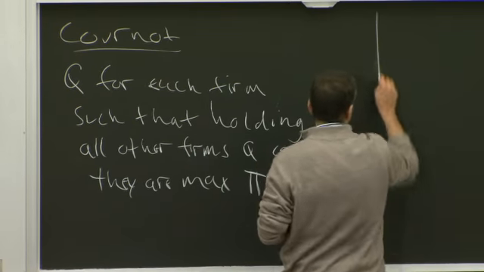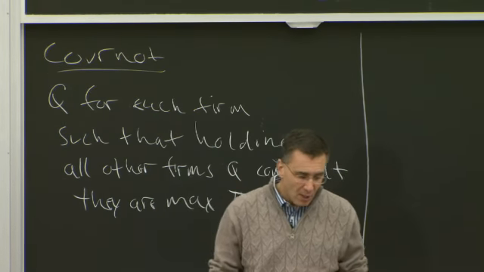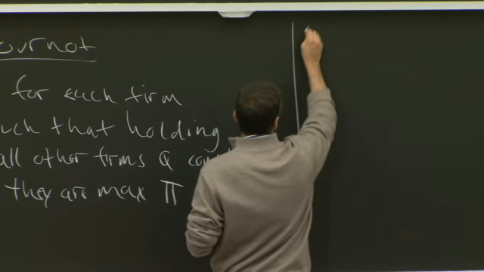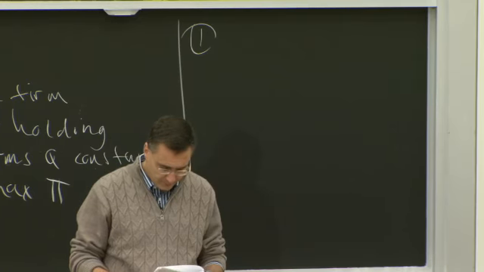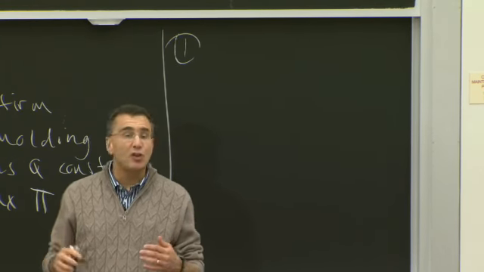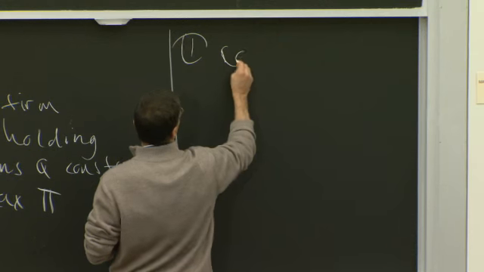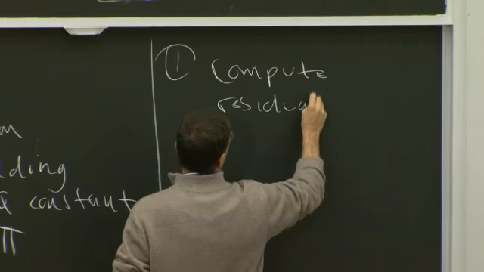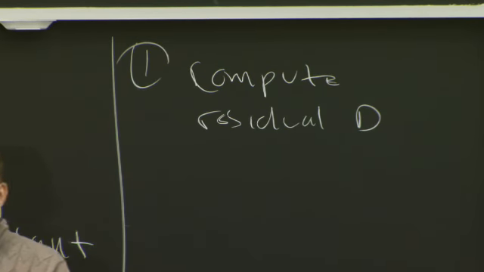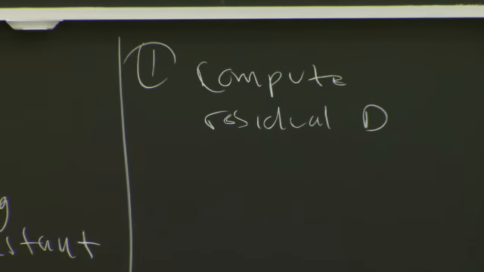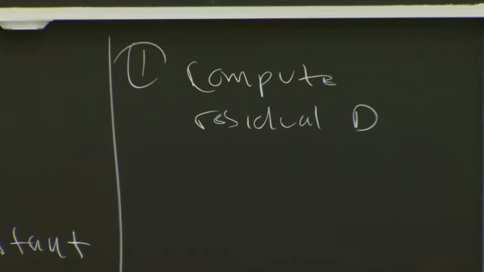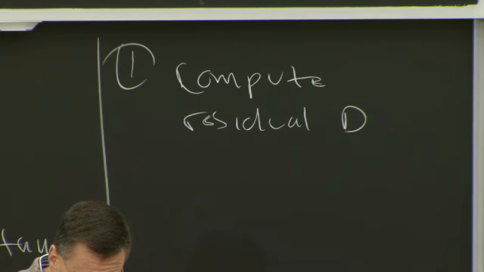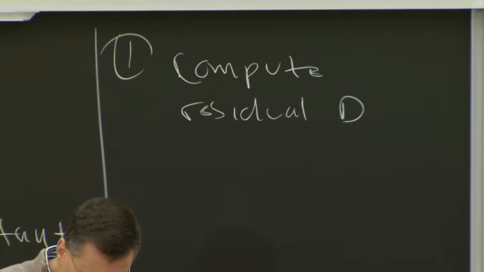How do you actually solve for a Cournot equilibrium? What are the steps to solving? Step 1 is to compute each firm's residual demand. We talked about residual demand curves earlier: that's the demand for my firm given the quantity absorbed by other firms in the market. In this case, it's the quantity absorbed by the one other firm in the market, but in general, you do this with multiple players. First, you calculate residual demand.